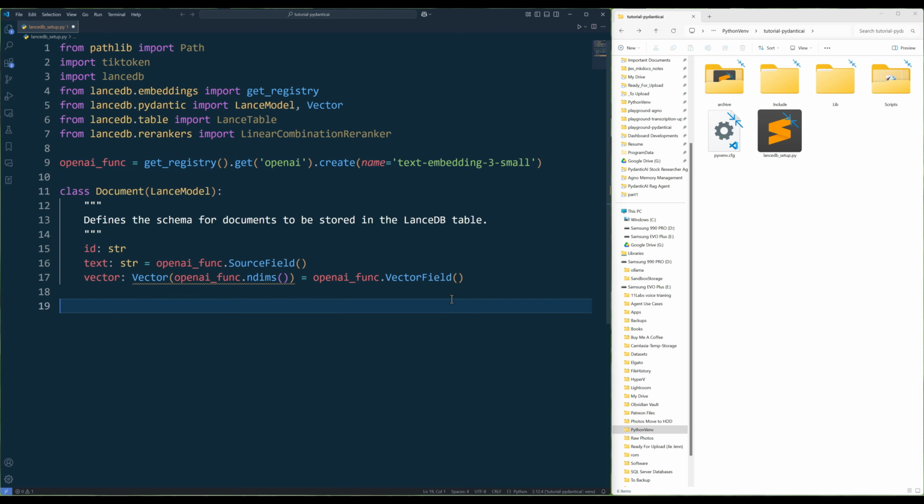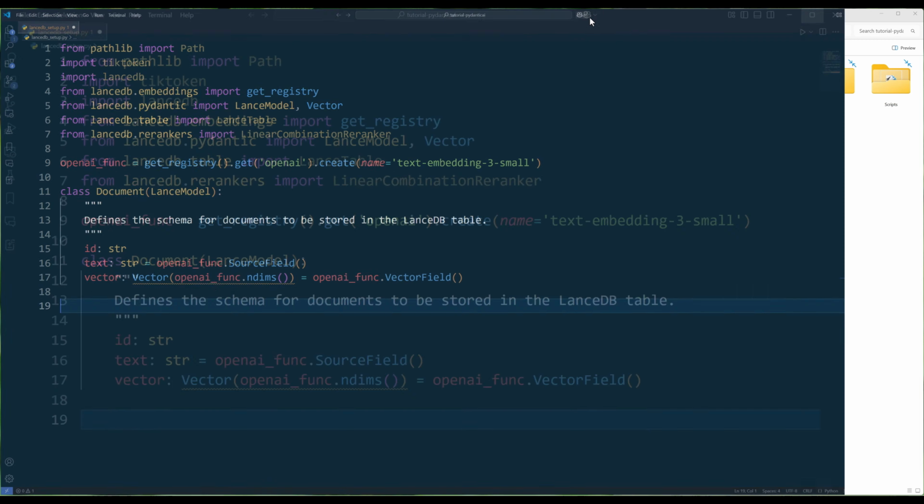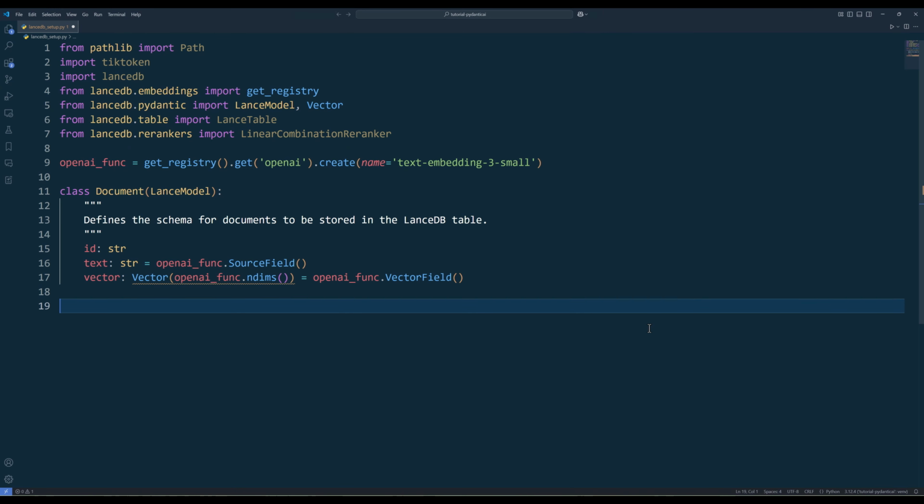Next, set up a data model class with LanceModel to store document records. The document data model controls what data points will be stored in a LanceDB table. In this case, I'm only going to include ID, text, and vector in the table schema. In the document class, we can use the OpenAI Func function to simplify the field definition to make the embedding